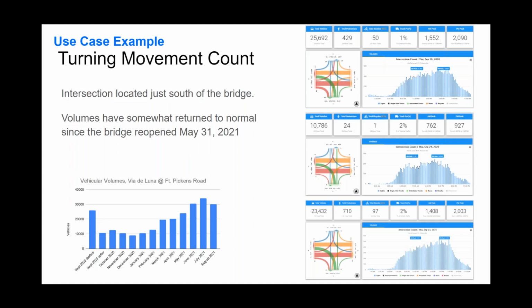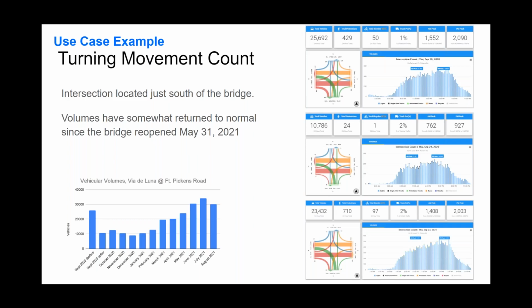And then once the bridge reopened, the traffic started going back, and the expected volumes were returning. We can even see a slight increase now that everyone heard the word that everything was open again and back to normal. Even more tourism arrived following that, which really indicates to the public that now is a good time to go. So you can really monitor the volume impact of when that bridge was closed and when that all occurred, just through the general turning movement counts as well.